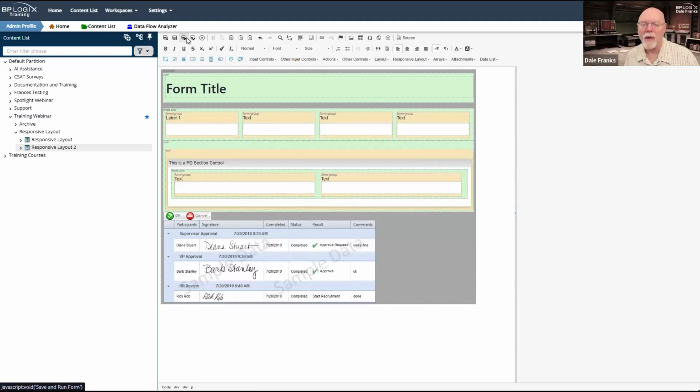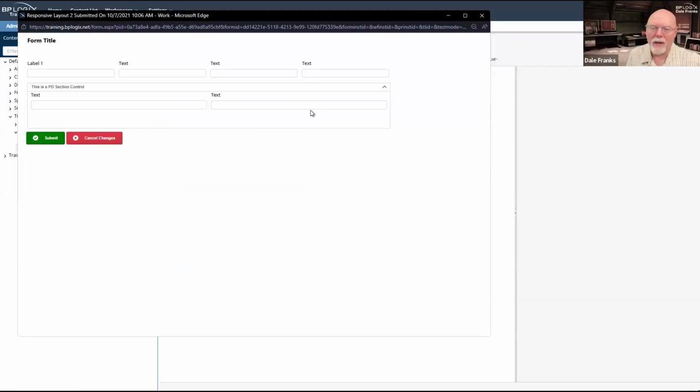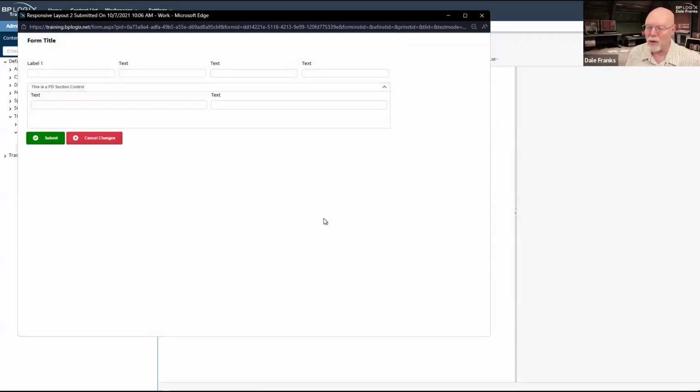So let's run the form again. I should probably keep that form open so that I can just refresh it instead of doing a save and run all the time. So there we go. There's my process director control as a section control. It is sitting inside its column, and then inside that column, I've got the form group and the form row for my regular controls, and everything works. And hopefully my tab, well, that's a control, so I would tab to it. Okay, so my tab order works. Everything is fine.